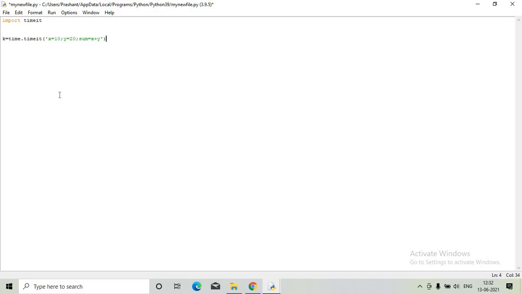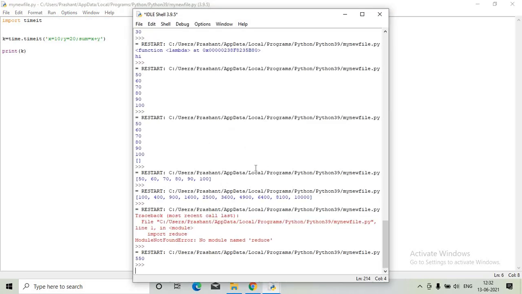So this is done by using the timeit command. I will measure and display the k value. The k value contains the time taken to execute certain statements.